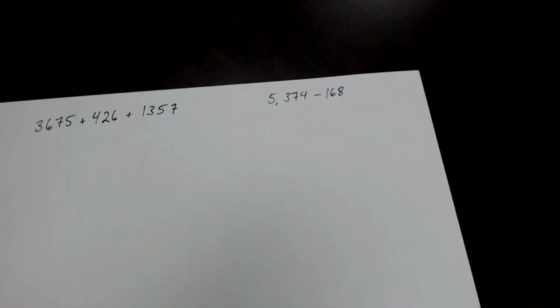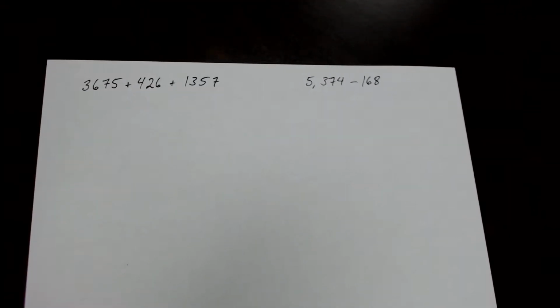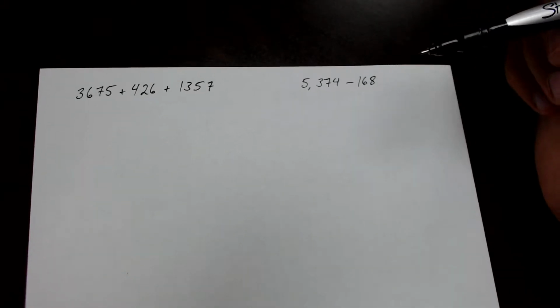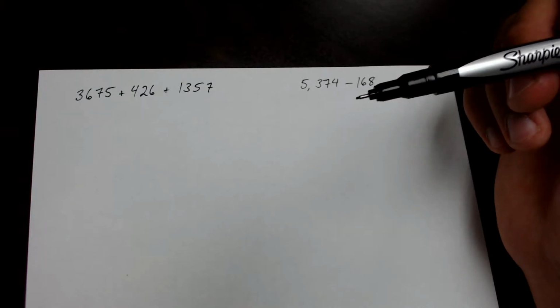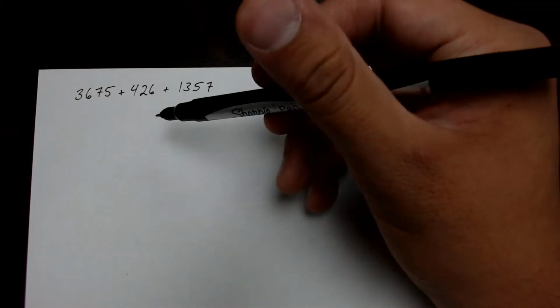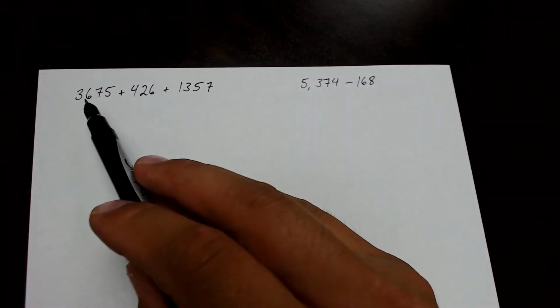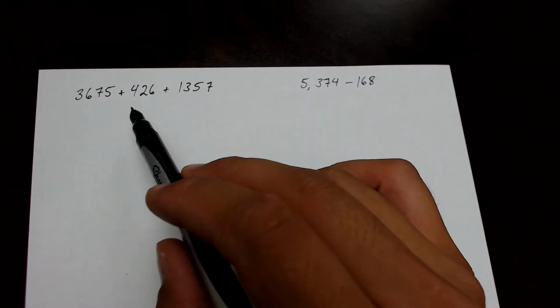So I've got a couple of example problems set up here, and the specific algorithm that we're going to be going over is vertical addition and vertical subtraction. Now, to do this, we'll start with the addition problem. Sometimes your problems will be laid out horizontally. So right here we have 3,675 plus 426 plus